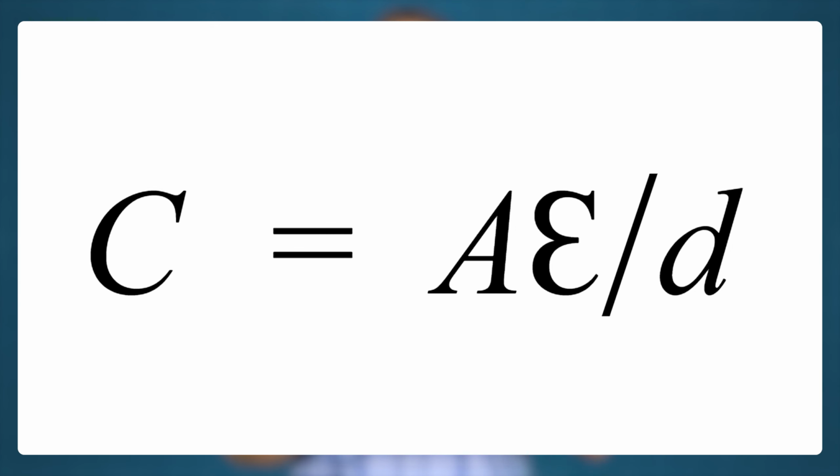In other words, this means that the capacitance of a VariCap diode is directly proportional to its junction's cross-sectional area and is inversely proportional to the width of its depletion region. On actual VariCap diodes, only the width of the depletion region can be varied to change its capacitance. So we end up with A is the cross-section area of the p-n junction, or the p-type and n-type material, and epsilon is the permittivity of the semiconductor, and then D is the width of the depletion region.